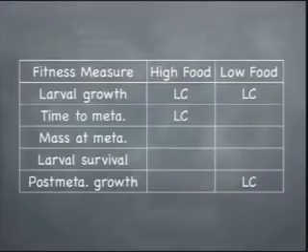So for instance, if a female chose a long call versus a short call male, was there a significant difference in larval survival? And the answer was no. There was no statistical difference between larval survival for these frogs if the female chose the long call or the short call. How about the mass, how big the tadpole was at metamorphosis, right? Was there a difference if the female mated with a long call or a short call? Well, no, there wasn't. How about time to metamorphosis? Well, in that case, there was a significant difference, and the females that mated with the long call males, the offspring developed to metamorphosis much more rapidly.